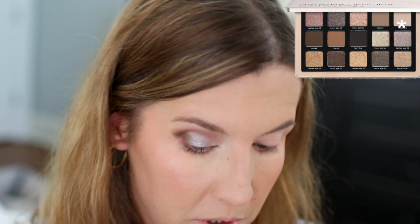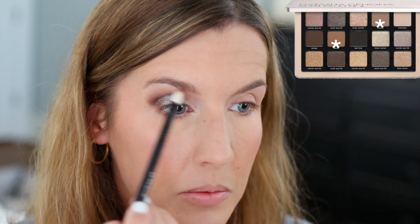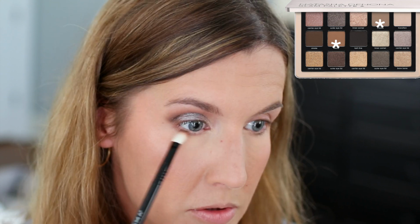And I'm taking that shade that says transition onto the brow bone. I'm actually going to take a combination of the crease and blend shade and put that in that transition area. I just think that's going to work a little bit better for my particular skin tone. I need a little bit of warmth in that transition area, and I'm just going to drag that below the